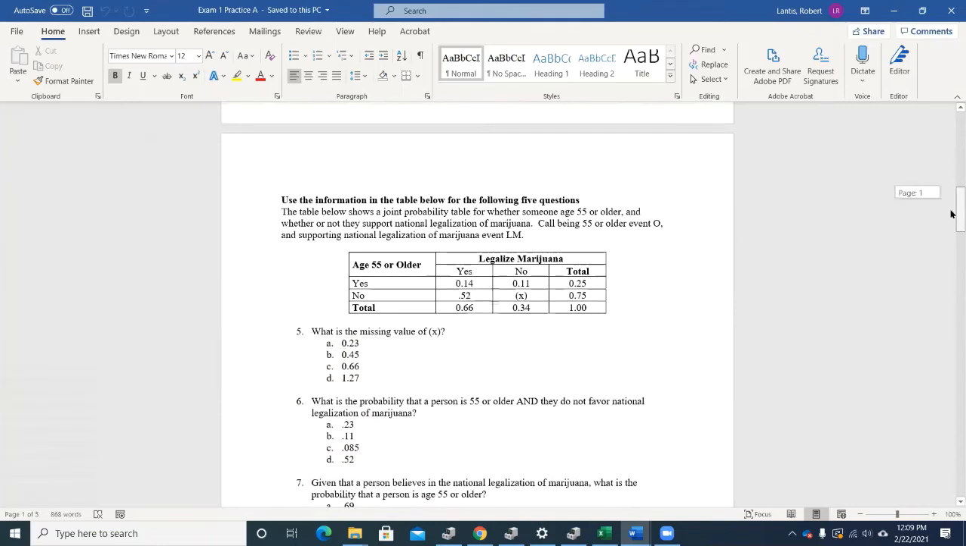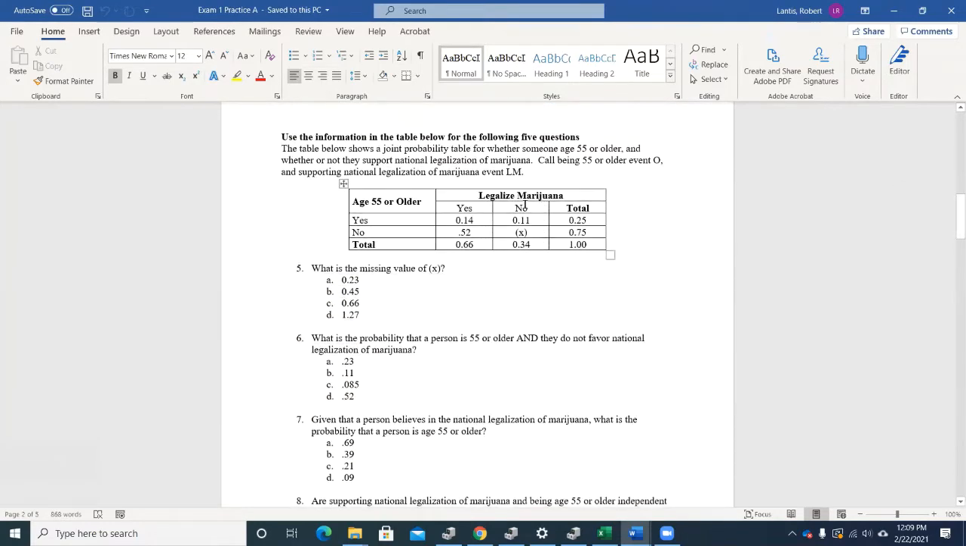Down here, but I still want to do a little bit of a review. So let's go back to looking at some probability stuff. Let's start with problem 5. Okay? So it starts out, and this is the way that the exam will flow as well, is